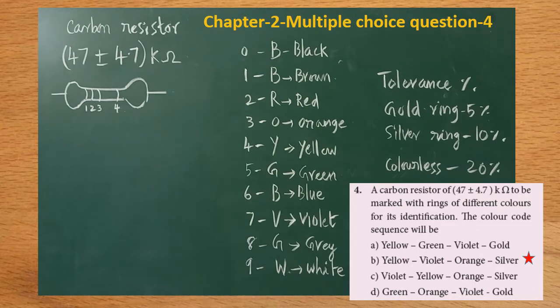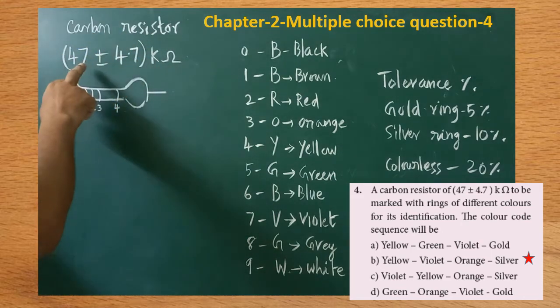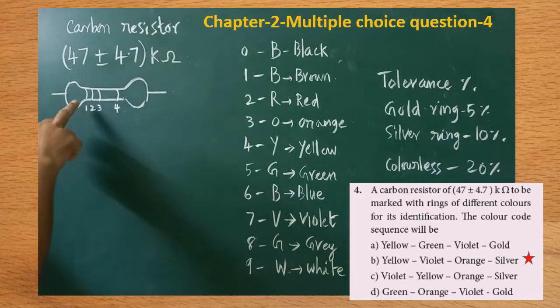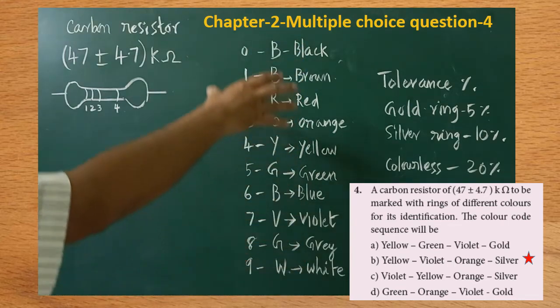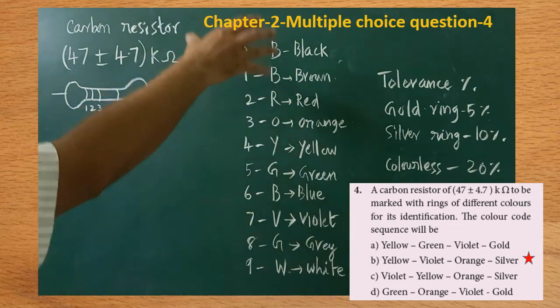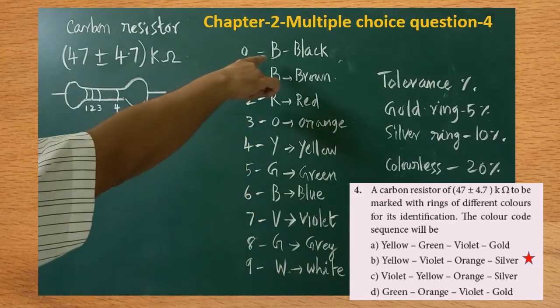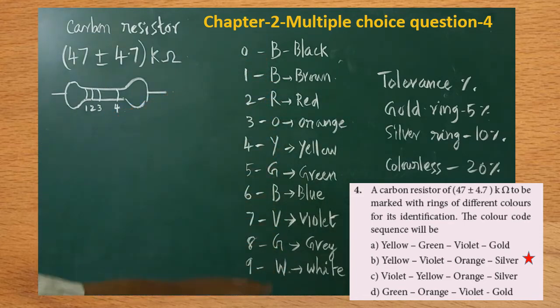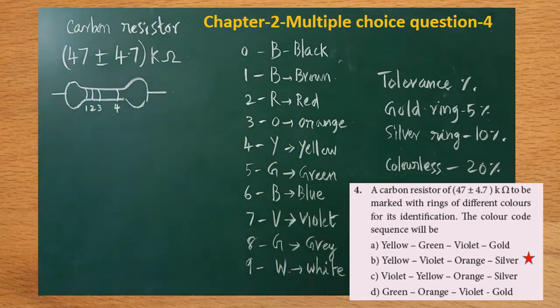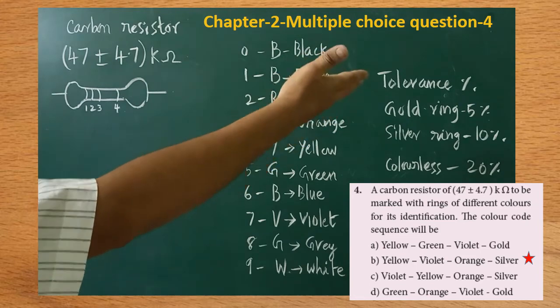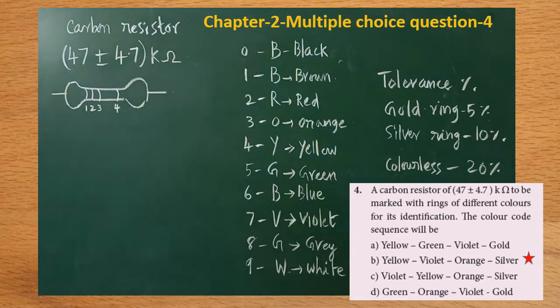Now we are going to solve the fourth problem in chapter 2, multiple choice questions. Look at that. A carbon resistor whose resistance value is given. You are asked to find out the color codes which are drawn on the carbon resistor. Here is an easy method. Your teachers may already have taught you the mnemonic for the color codes: VB Roy, Great Britain, Very Good Wife. With the help of this color code and their respective numbers, the tolerance percentage and respective color codes are given.